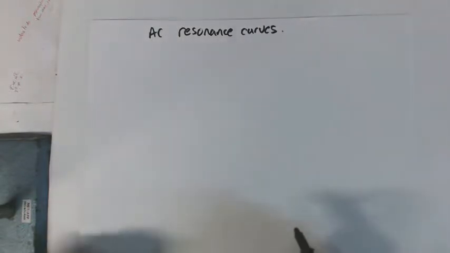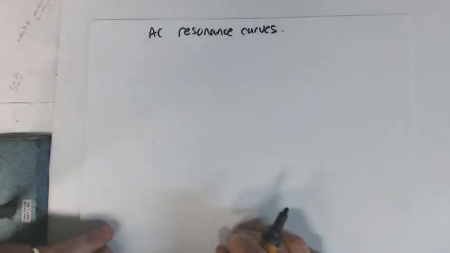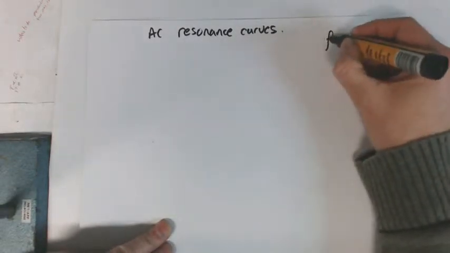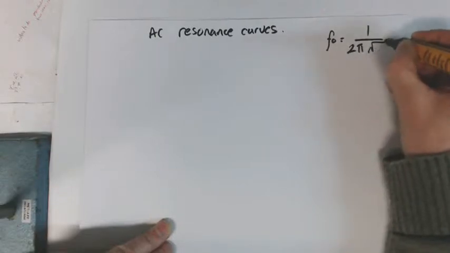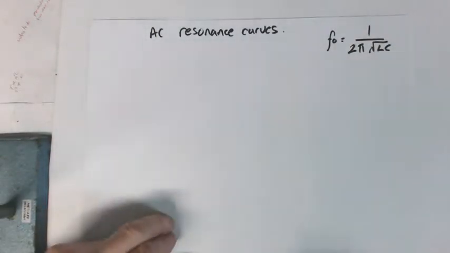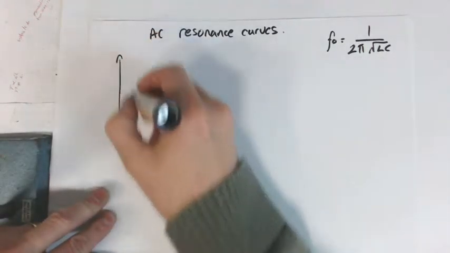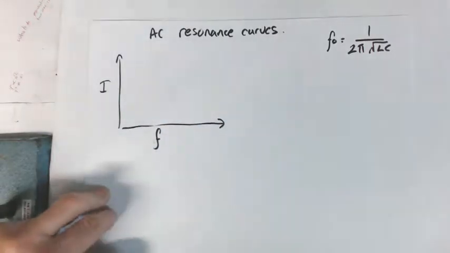Alright, I want to look at AC resonance curves here. We did a little bit on AC resonance just with the phases and working out what it was and the formula. I think you know that the formula now is f0 equals 1 over 2 pi square root of LC. So if we're going to draw, often these curves are done where what we're measuring is current against frequency, and